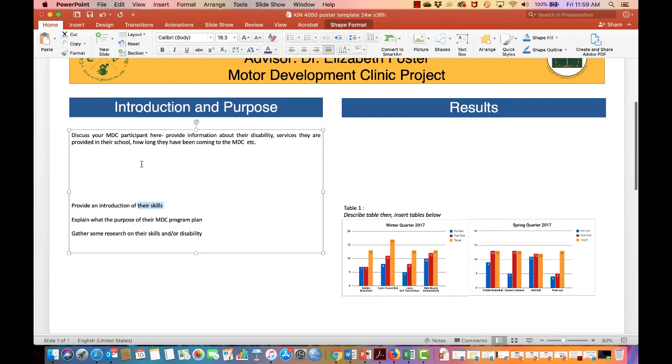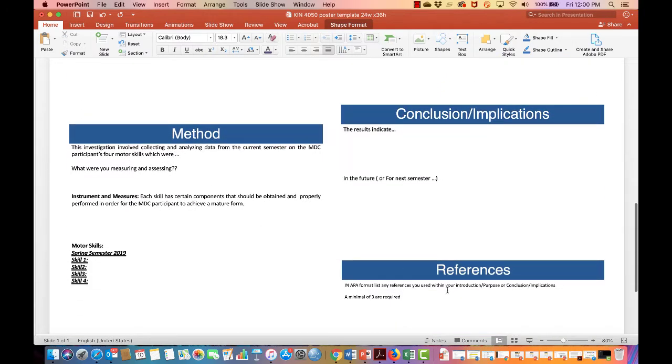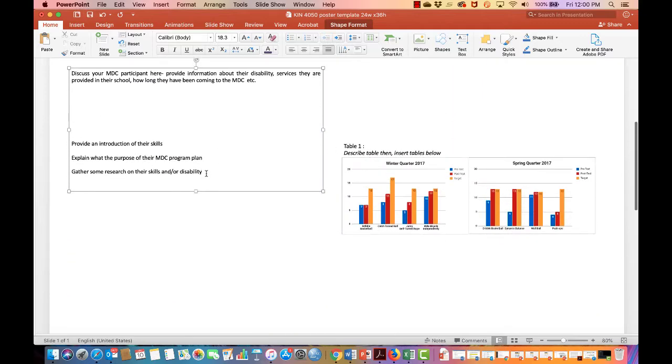So as you're writing about your participant, their skills, the program, I want you to cite within the introduction and purpose, cite 3 resources. And those resources are later going to be documented under your references here. So remember, for APA, for citing, we're going to put the author's name. If there's more than one author, we're going to put a comma, the next author, comma, and the last author. And then we're going to put the year that journal was published. Okay, and that's how we're going to do